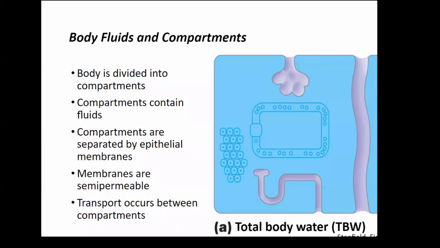We also have these compartments surrounded by epithelial tissue inside the body. And these membranes are semi-permeable, so they are going to allow things to cross. If we're talking about all the fluid in the body, we don't care whether it's your interstitial fluid or whether it's in your blood, we just want to think about all the body water, everything inside your human organism. We call it total body water, TBW.